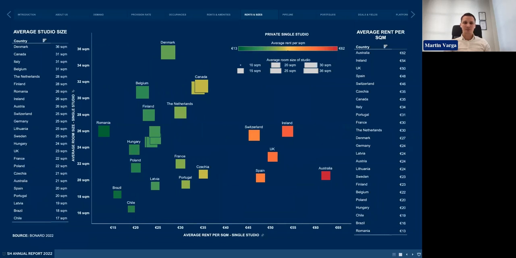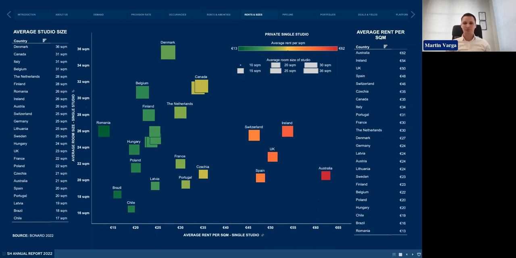Here you can see the comparison of the room sizes in different jurisdictions in terms of a private single studio, and as well the average rent per square meter. So on the left side, you can see that Denmark is basically providing the biggest room sizes, while Australia is providing the biggest rent per square meter. The average size of the most represented studio in 2022 was at a level of 19.9 square meters, so almost 20 square meters. And the average price per square meter in tier 1 cities was at a level of 42 euros per square meter, while in tier 2 and tier 3 cities it was at a level of 31 to 32